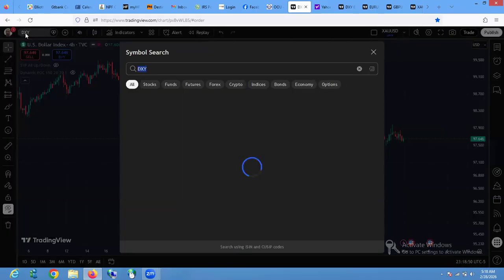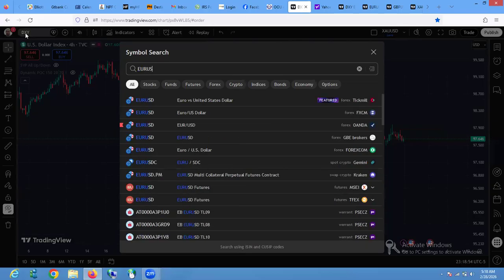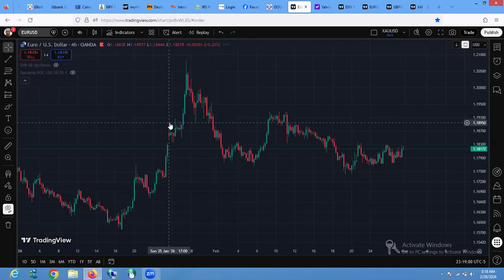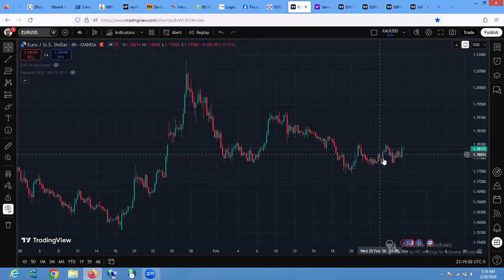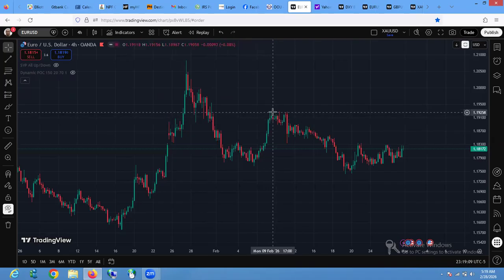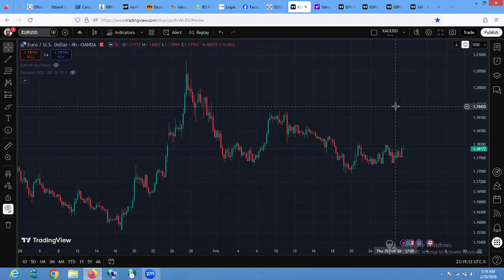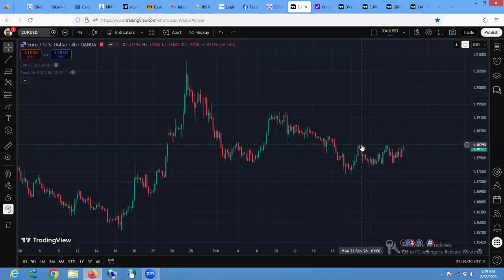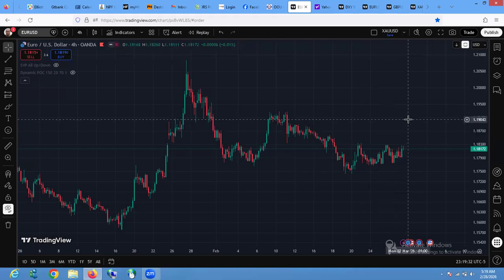Similarly, on euro dollar, on the 4-hour time frame, we are seeing that price had done this initial push to the downside, this probably an A wave, a B wave, and a C wave to the upside. If this is going to be a C wave to the upside, we are seeing price also dragging. So I would really want the price to probably do an A, B, and a C. And let's see if this extension to the upside is going to give us 100% extension or 1, 2, 3 extension, wherever it's going to get to.